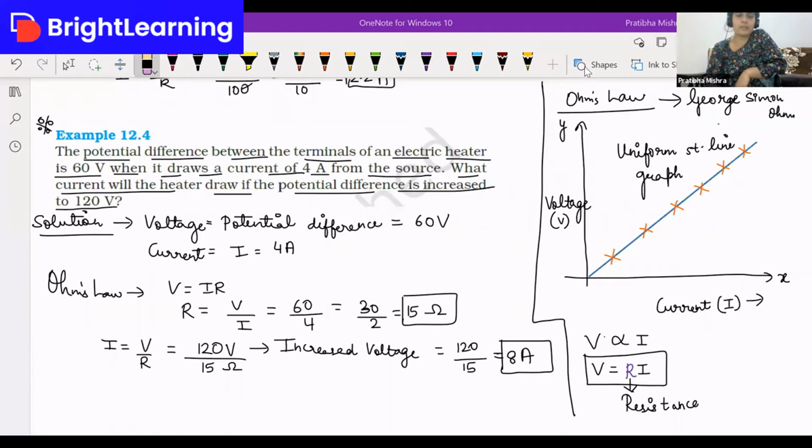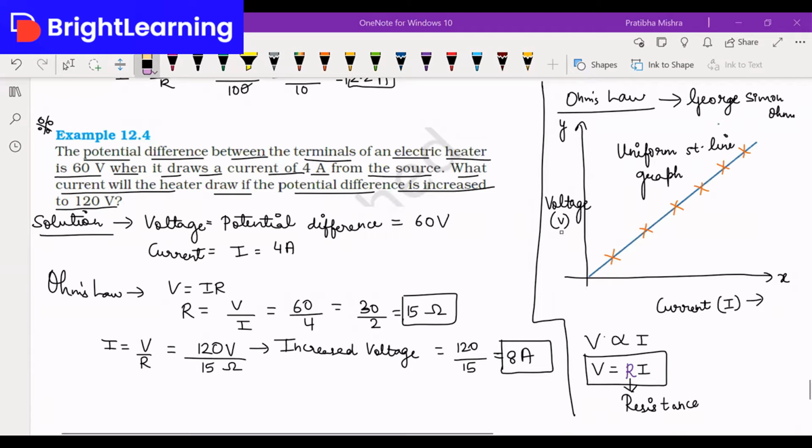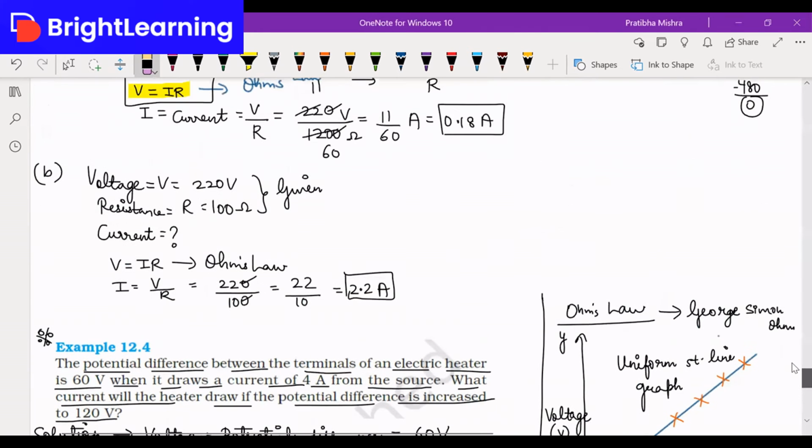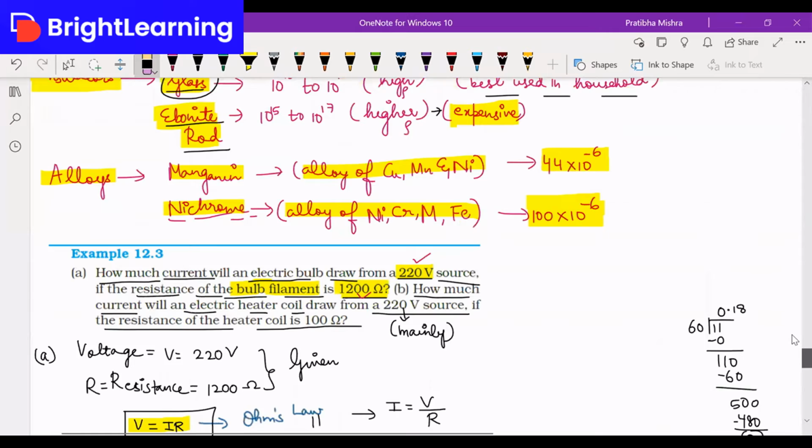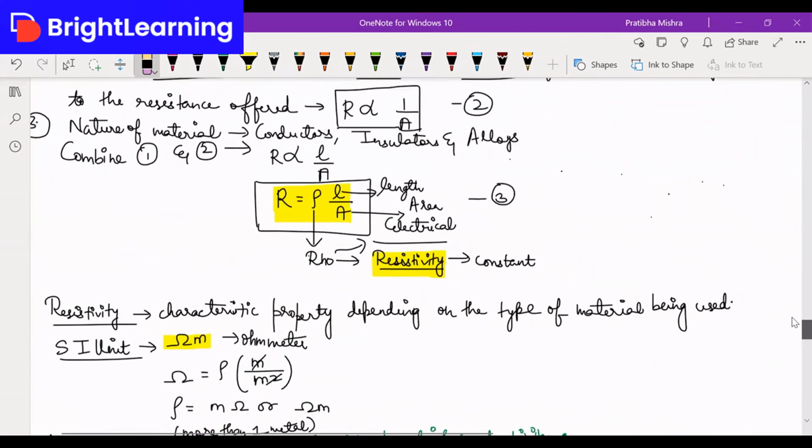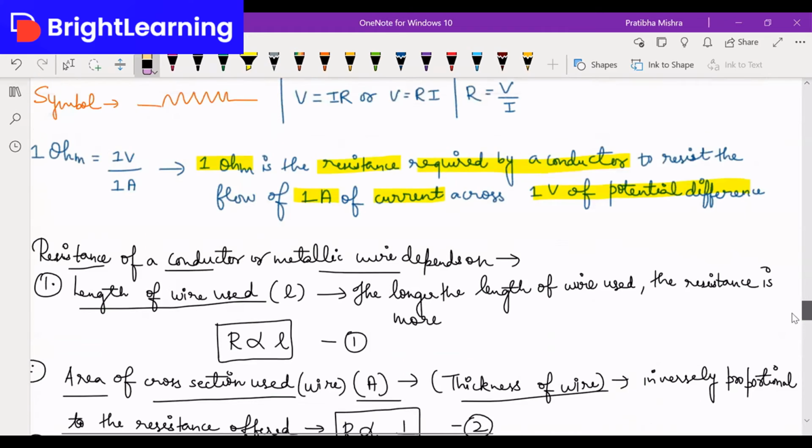Yes, there's a chat. Mahashri says, what is resistance and rheostat? Rheostat is an object which measures resistivity. Sorry, Mahashri, not resistivity, it measures resistance. Resistance is measured by a particular instrument called a rheostat. I think I have written it somewhere. Have I written it?